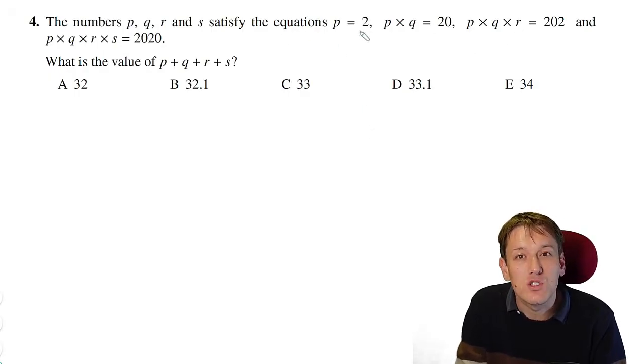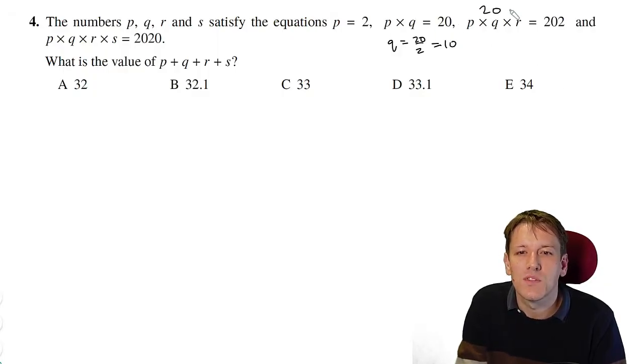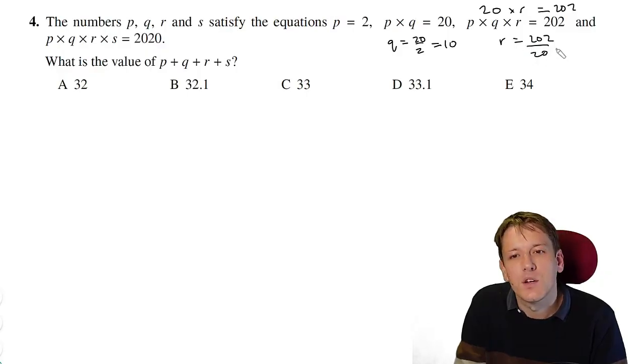We can see P is 2, and then P times Q is 20. So if P is 2, we've got 2 times Q is 20, so Q must be 20 divided by 2, which is 10. And then we've got P times Q is 20 here, so we've got 20 times R is 202. That means that R is going to be 202 divided by 20 here, which is 101 over 10, which